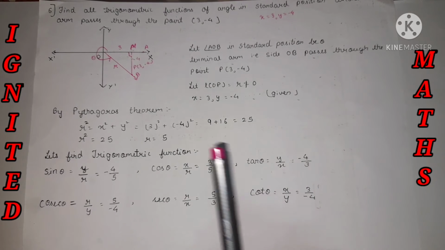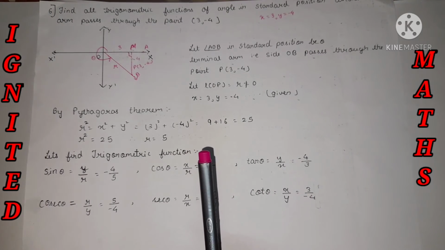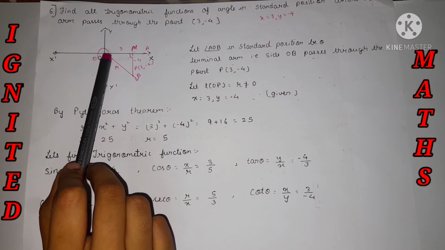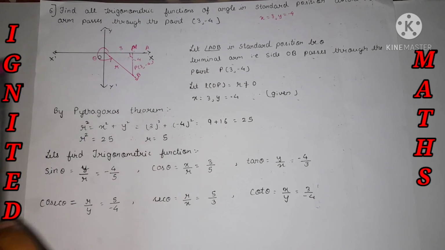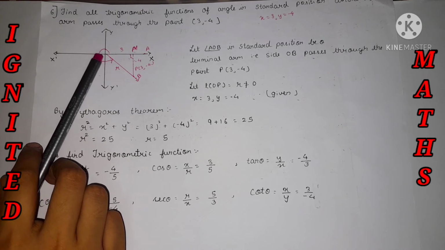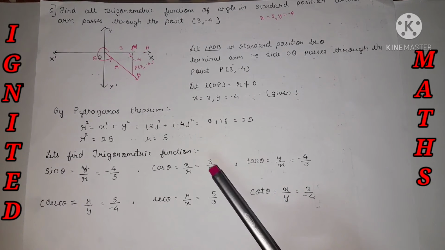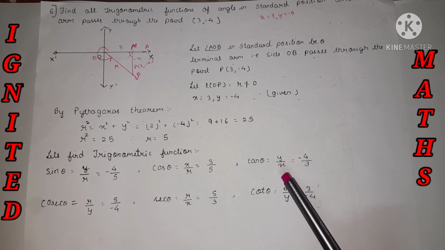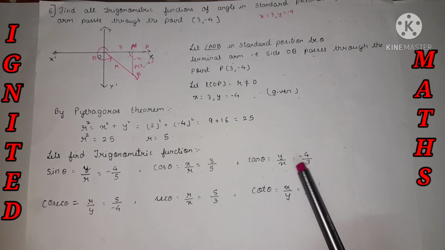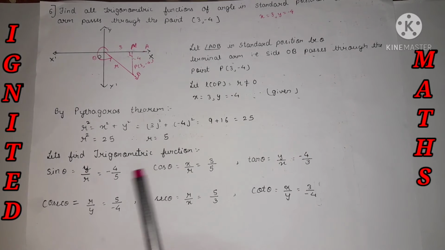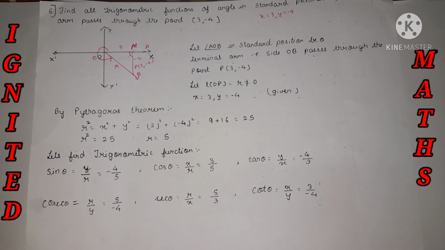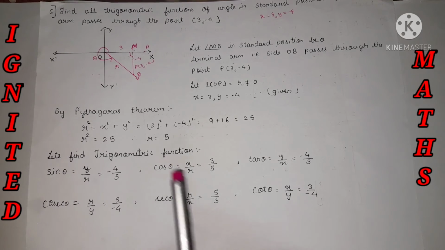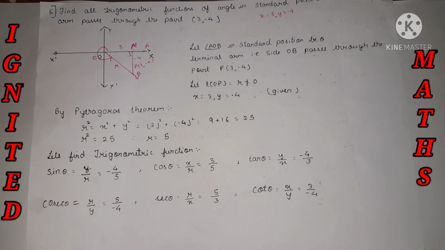We have just written it over here, and cos theta is nothing but adjacent upon hypotenuse. So the theta is over here, the adjacent will be x, that is 3, and r is nothing but the hypotenuse, that's what we have written over here. And tan theta is equal to y by x, nothing but sine theta by cos theta, and we will get the answer as -4/3. We have completed 3 trigonometric functions, and the rest of the 3 will come automatically. Just take the reciprocal of the respective functions: cosec theta is equal to 1 by sine theta, sec theta is equal to 1 by cos theta, and cot theta is equal to 1 by tan theta.